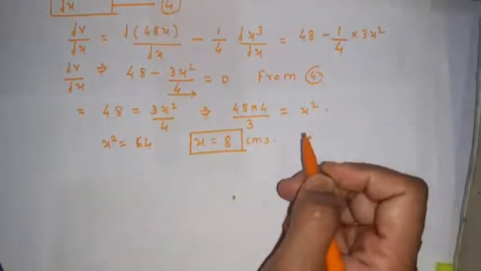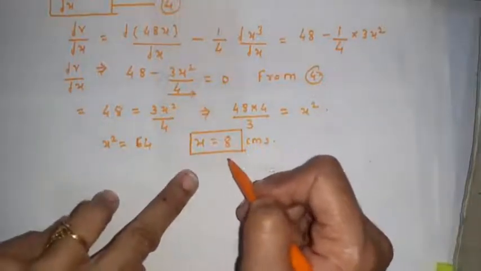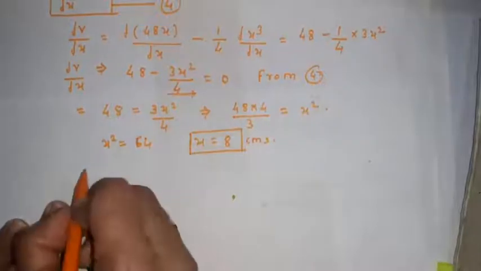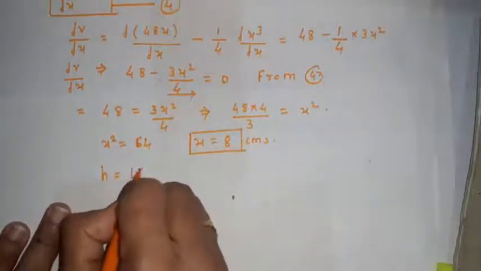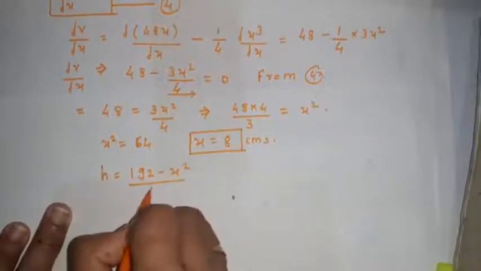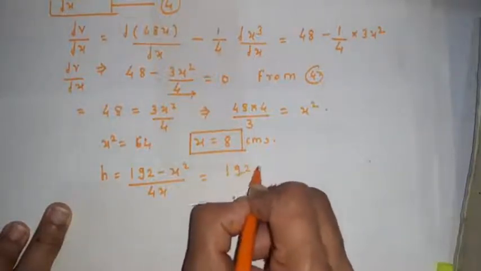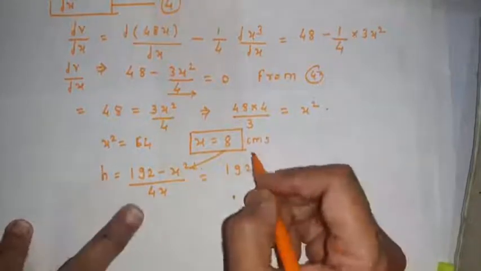Okay, now x equals 8 centimeter. At this x equal to 8 centimeter, find the value of h. What is our expression for h? h equals 192 minus x square upon 4x. Put the value of x. That is, x square means